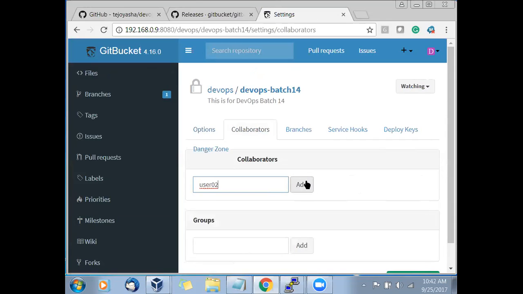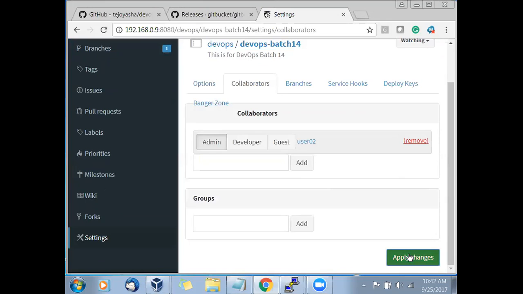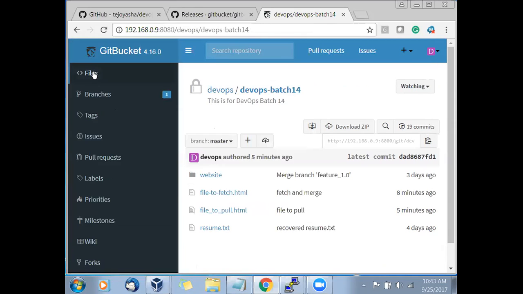Now, interesting thing will happen. You have three options here. You can make the user an admin for this particular project, you can make this user a developer, or you can say this is the guest user. Now I'll say this is admin user. No problem. We can go with that. And I'll say apply. So that means now the user is added as an admin user. Later on, you can change the permission. You click on that, it will change the permission. So now the user is able to access these files.